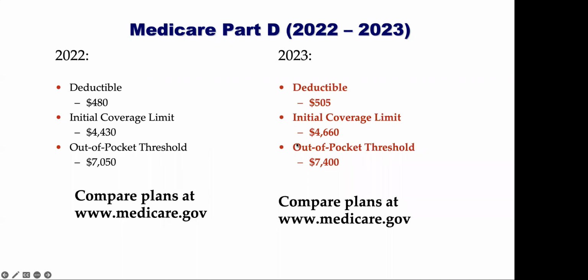There is another phase in here between $4,660 and $7,400 where you'll typically pay 25% of the cost of the drug and the plan will pay 75%. All of this gets explained to you when you get your explanation of benefits from being in a Part D plan. And you can compare your plans at